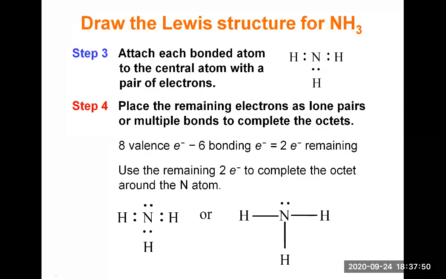And so finally you want to change those pairs of electrons into single bonds, so lines between the nitrogen and each hydrogen. As I said earlier, I prefer that you finish with the structure on the right. I don't really like the structures on the left. So that would be the final Lewis structure for NH3. Let's check that the total number of valence electrons is correct. We have 3 single bonds times 2 electrons each, so that's 6 from those single bonds, and then 2 electrons in the lone pair. That's a total of 8 valence electrons, which is the number we need.